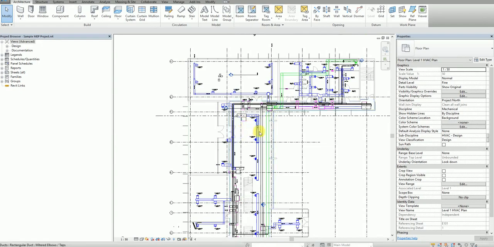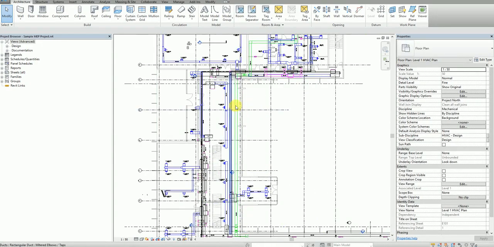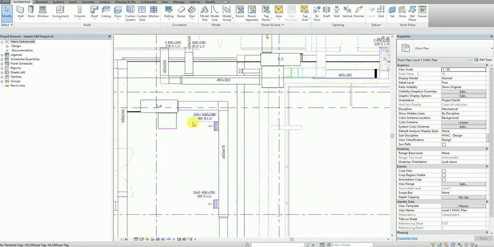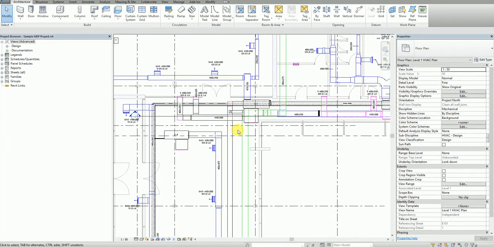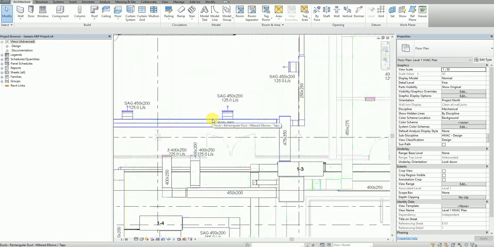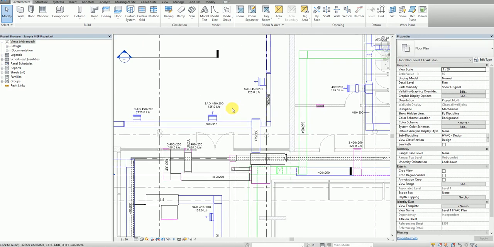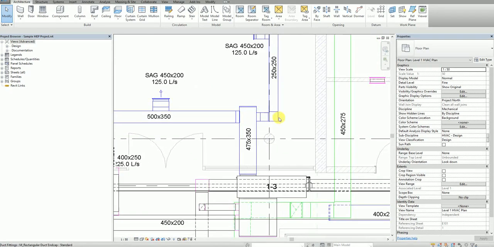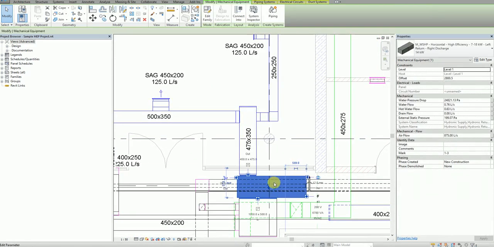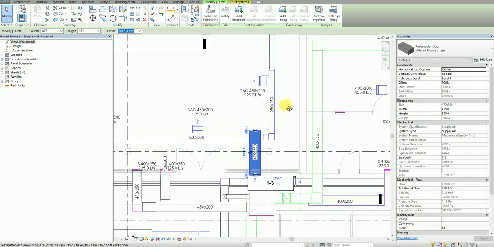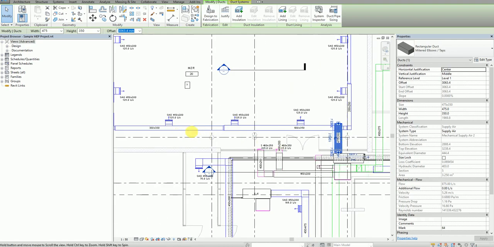This is our default MEP project that comes by default when we install Revit. So I'm using this project file to explain the new video, which is about a new Dynamo program which we have made, and the function of that program is that we have these equipments like fan coil units or air handling units, and this is our duct system, which is feeding this, which is used to deliver air